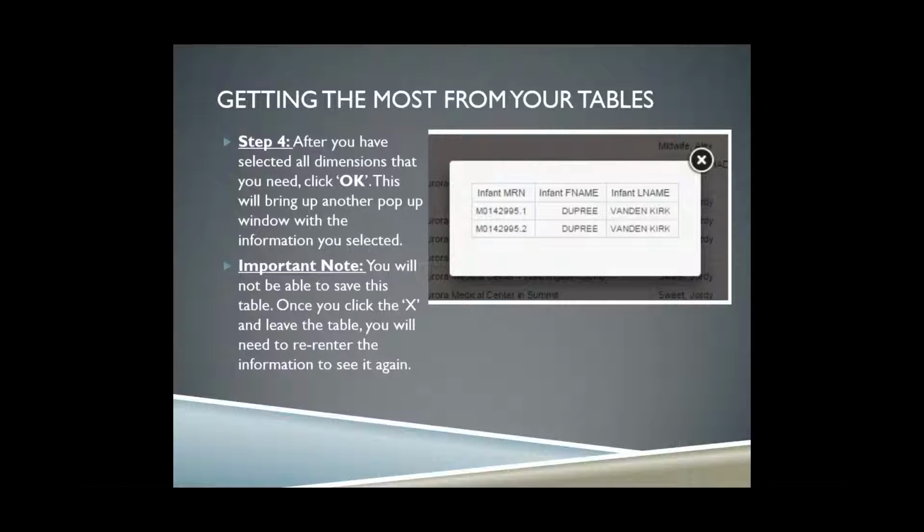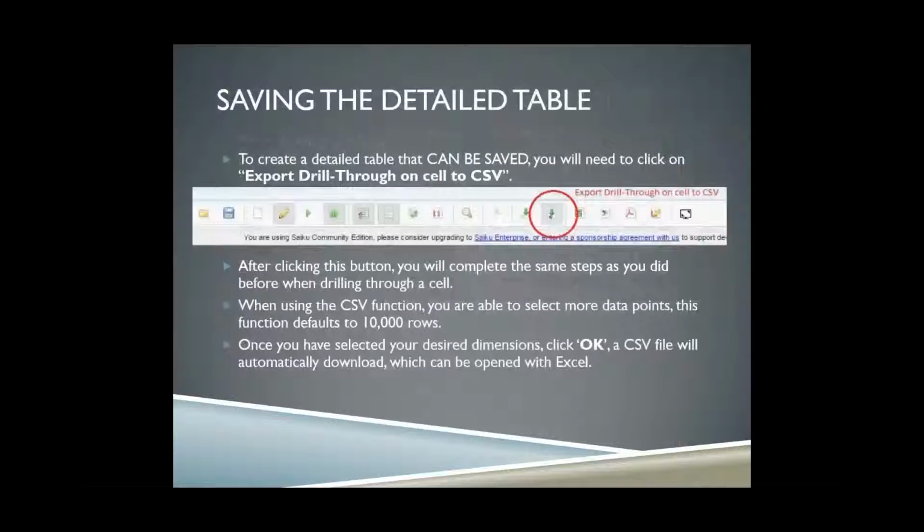But once you click the X to get out of there, your report is gone. But you can always do a drill down again on the main report to get that information. And real quick, if you wanted to download the information, it's the same exact mechanism. It's just right next to it on the right, and that is pointing to, instead of creating a pop-up